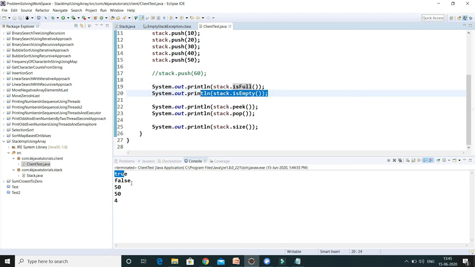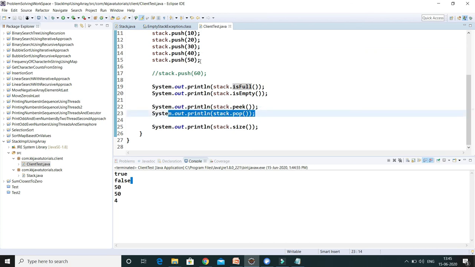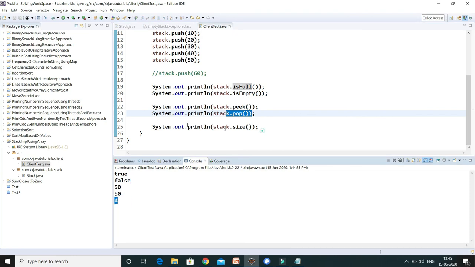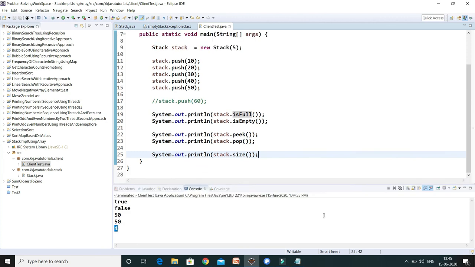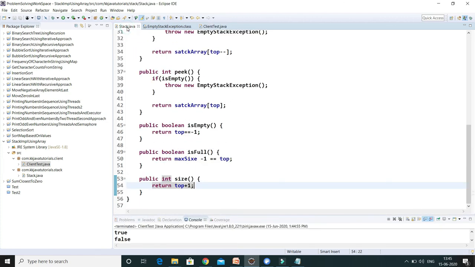Then isEmpty returns false. Then the peek item is 50. Then pop returns the top item and at the same time removes it. As we called pop one time, the size is 4, right? So guys, this is basically the implementation of a stack using an array.